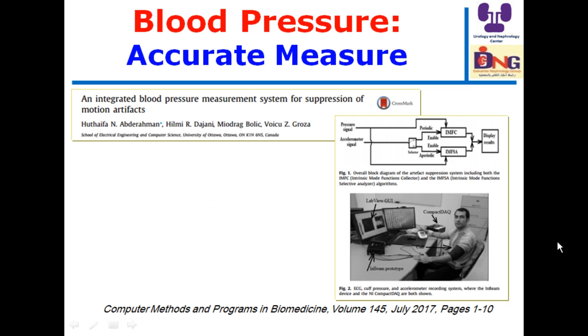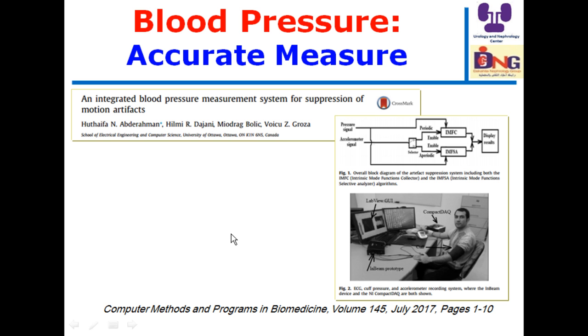Another important point is the presence of motion artifacts, because motion artifacts can lead to inaccuracy in blood pressure monitoring. So motion artifacts are considered external sources of inaccuracy, and they can be due to sudden arm motion, muscle tremor, shivering, and transport vehicle vibrations. In the proposed work of this article,